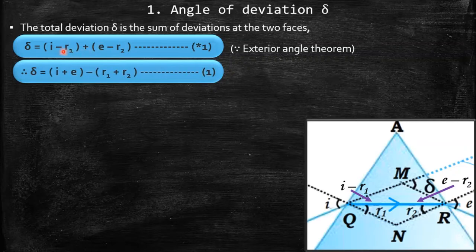So what happens over here? E comes to this side, and because there's a plus sign associated with E, obviously it is going to be I plus E. And what do you get in return? You get a minus R1 and a minus R2 that's left, correct? I can obviously take both the minus signs common, take it outside the bracket, and simply write R1 plus R2 in the bracket, correct?